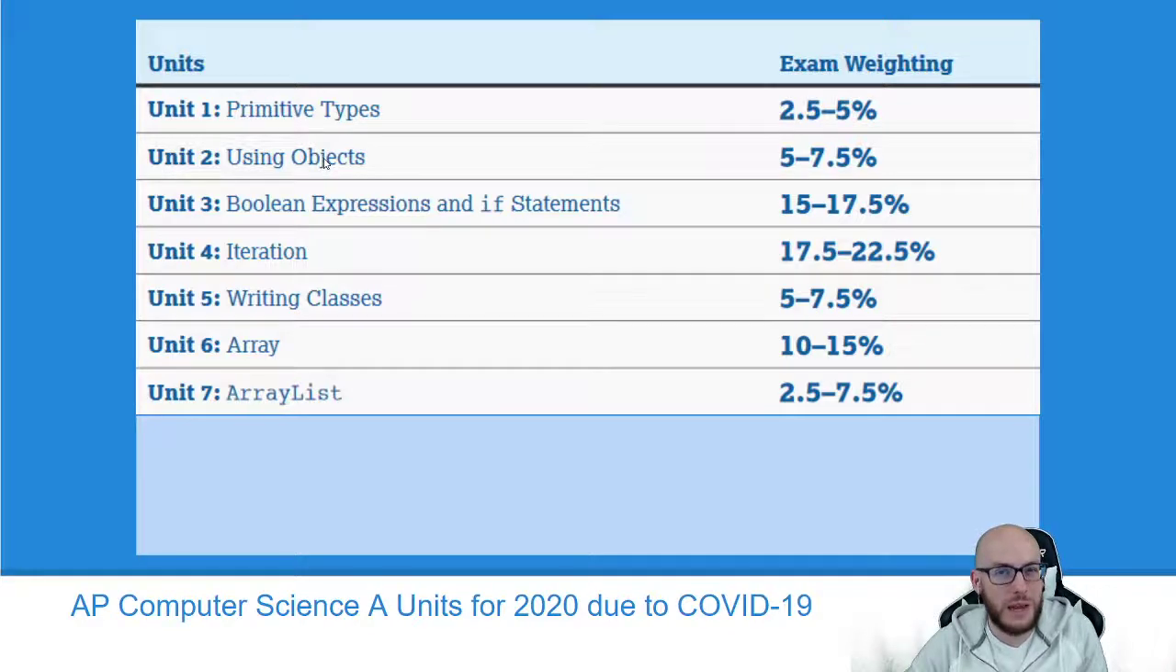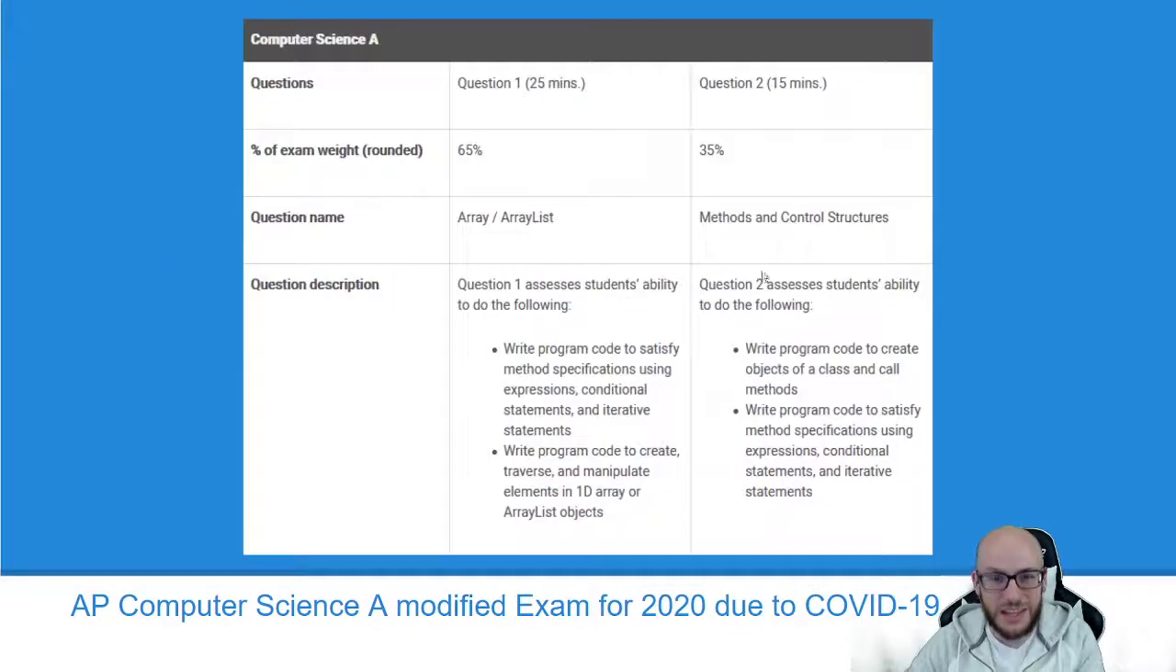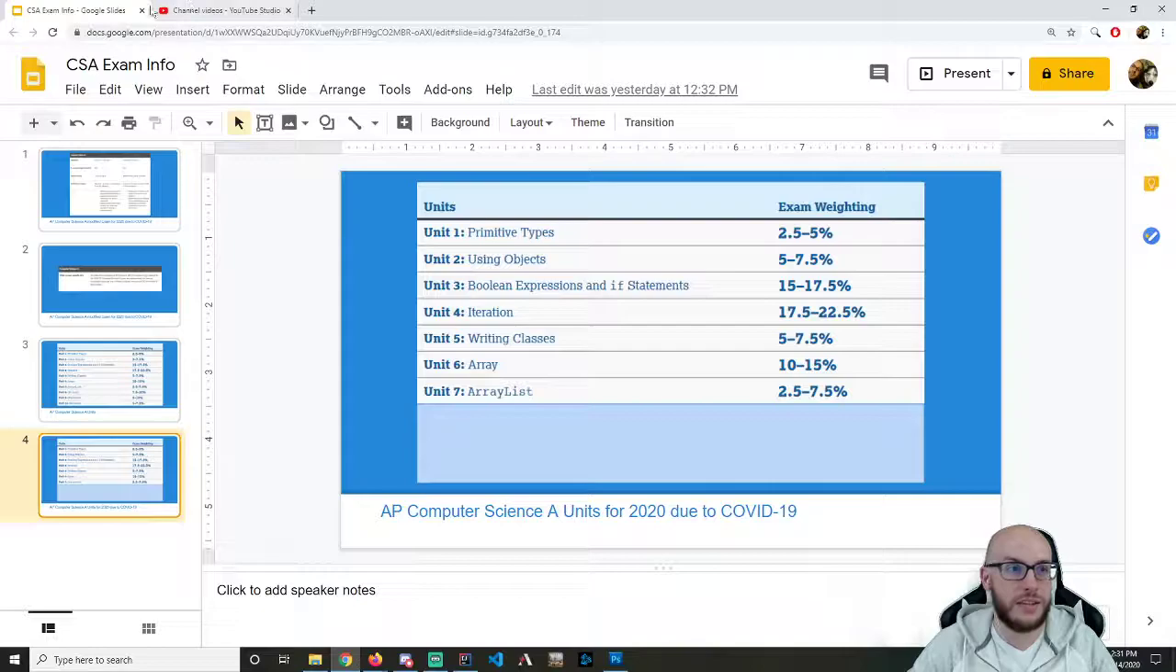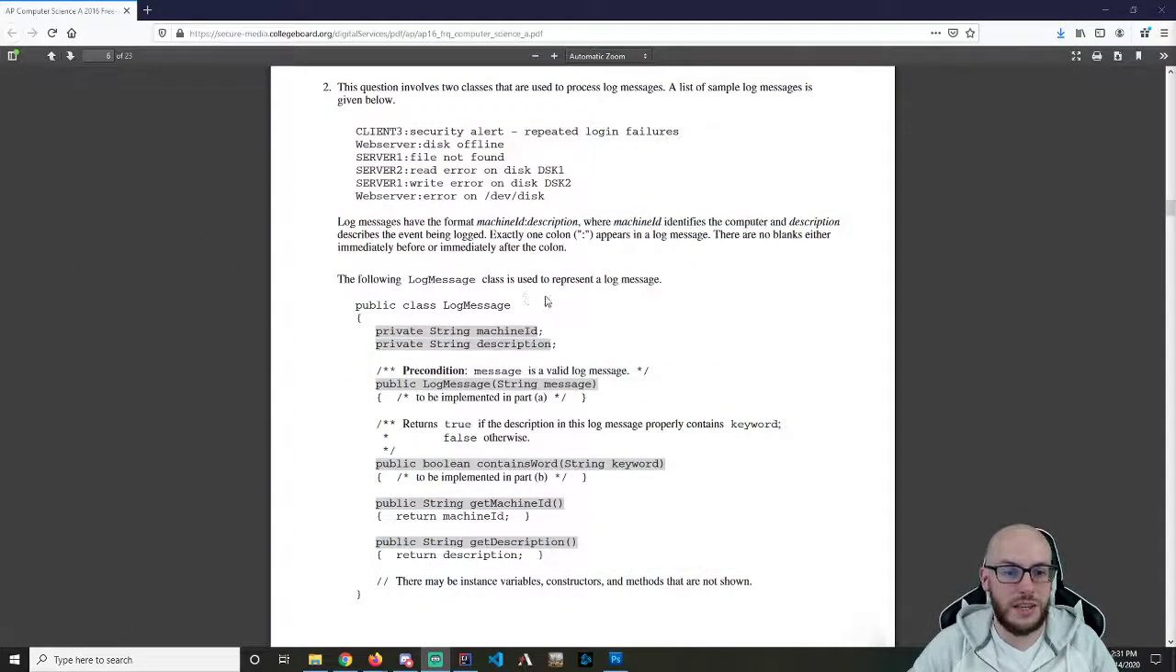So what that means is, looking at this, you don't see anything about strings. But looking at this, I interpret this as you still need to know strings. You still need to be prepared to work with strings on an FRQ. So looking at 2016,